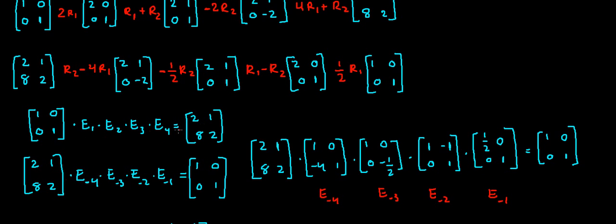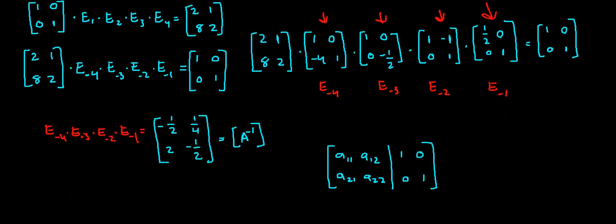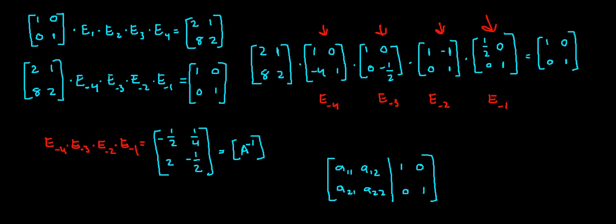So now, starting from 2, 1, 8, 2, over here, we do the opposite operations, and in the reverse order. Instead of starting with E1, we start with E4. And here, I just wrote them as elementary matrices, instead of writing them out as operations. And that is essentially what's going on mathematically, fundamentally,